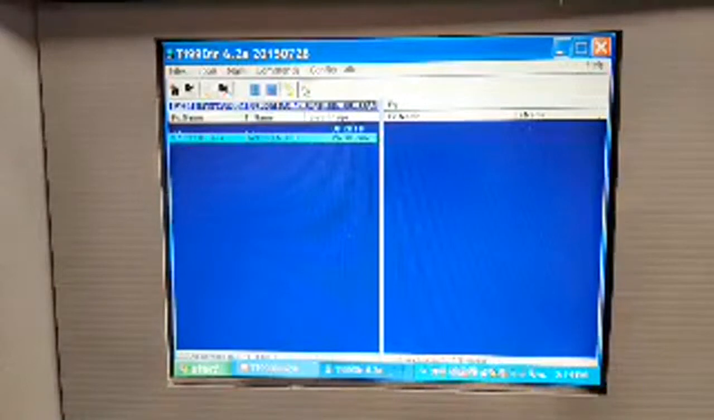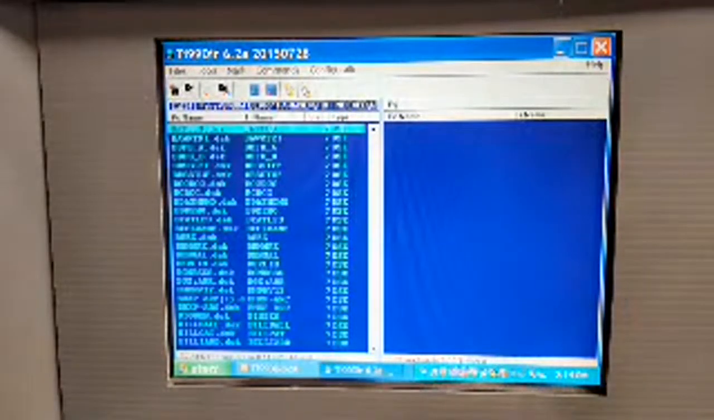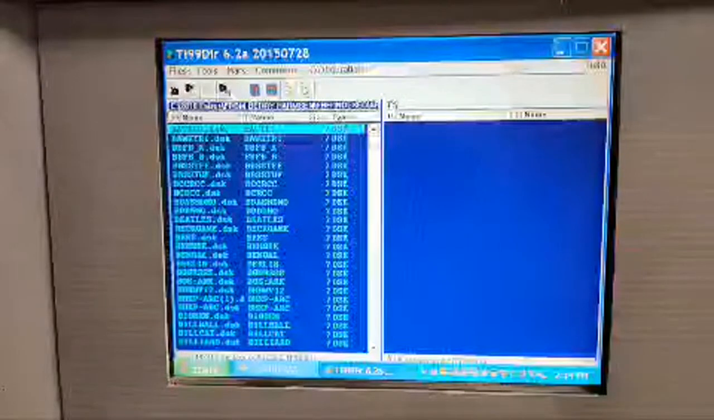Now, TIDIR is just a disk cataloging and management program. It's not a complete emulator where you can run these on a PC, but it's invaluable for finding out what you want and actually putting it on a compact flash card. So you could use it on a compact flash adapter or a Nano PEB. Going down, we have